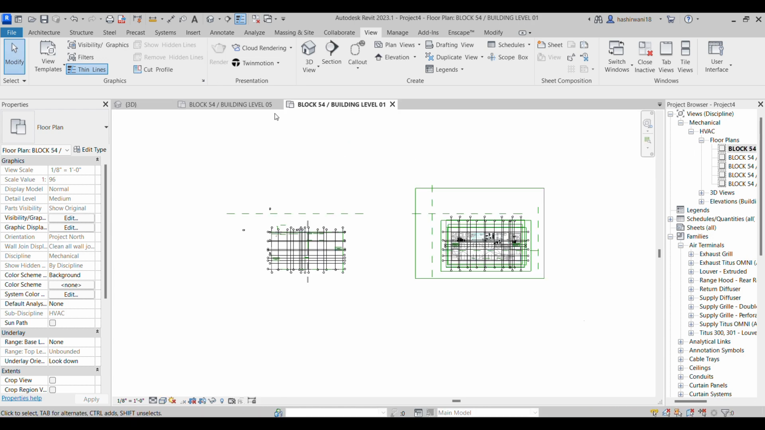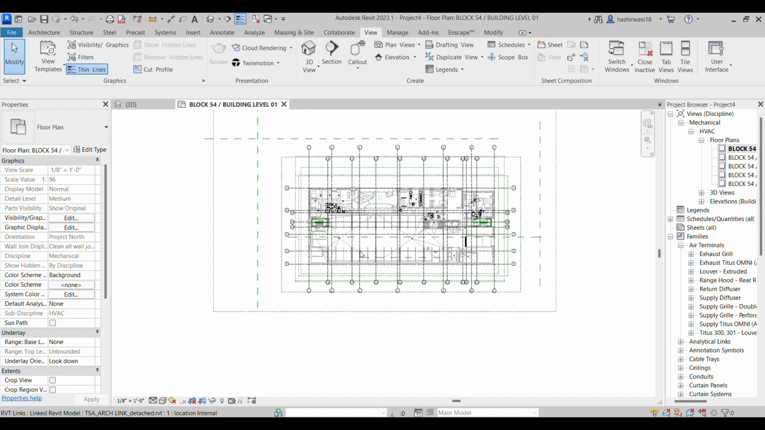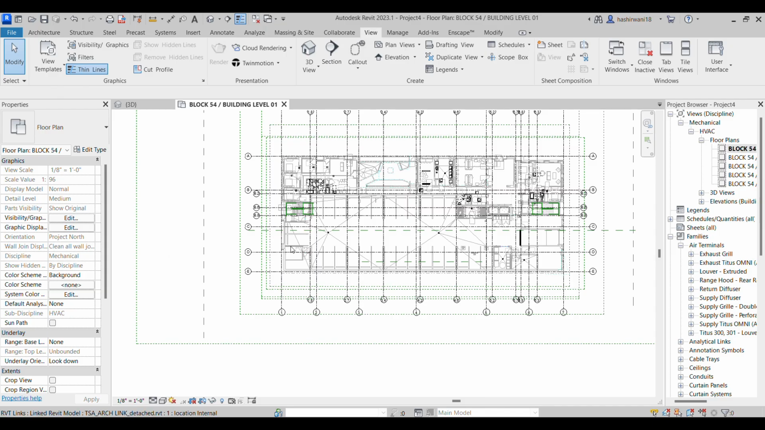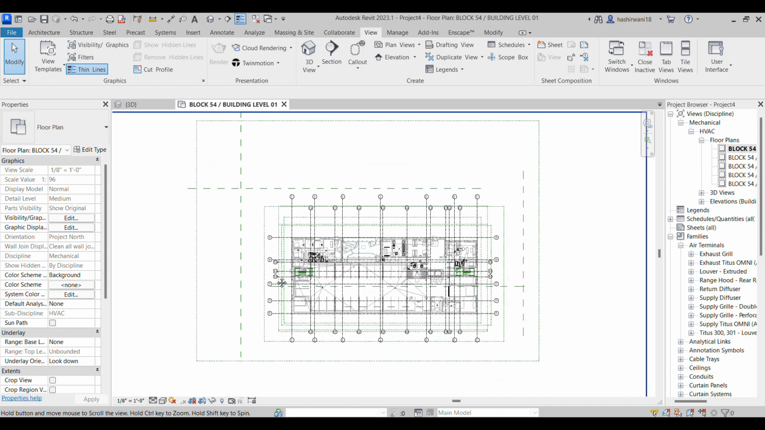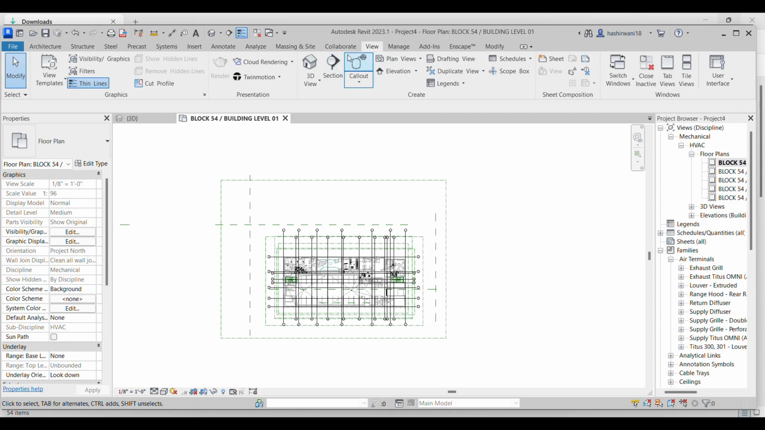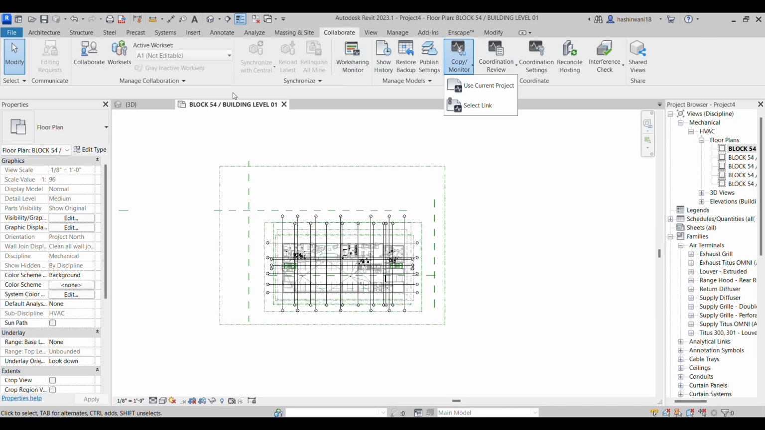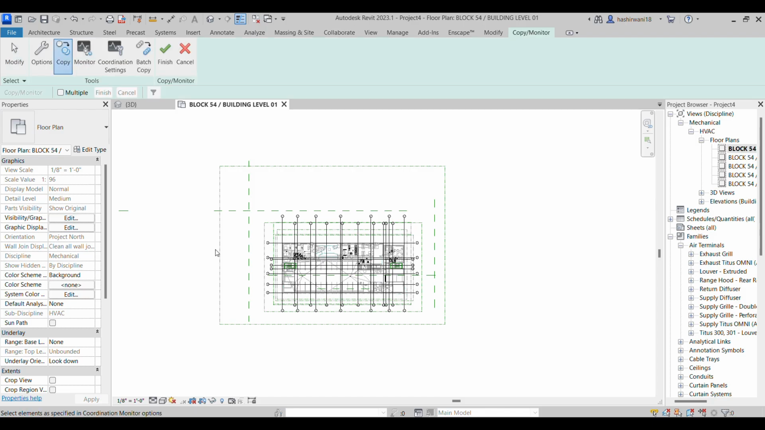I'll double click it. I'll close the last one. Can you see, guys, I'm not able to select any of these grids here. If I hover around those grids, I'm not able to select them. So I want to copy monitor the grids as well. I'll simply go back to my Collaborate tab again, go to Copy Monitor again, select this particular link, and then go to Copy and select Multiple here